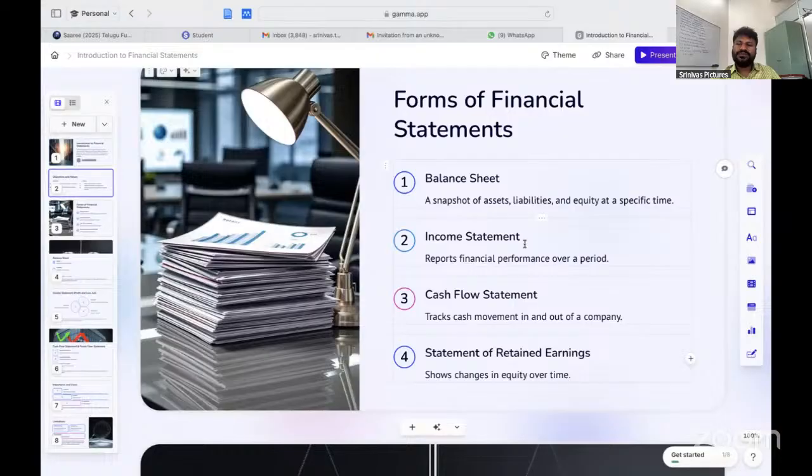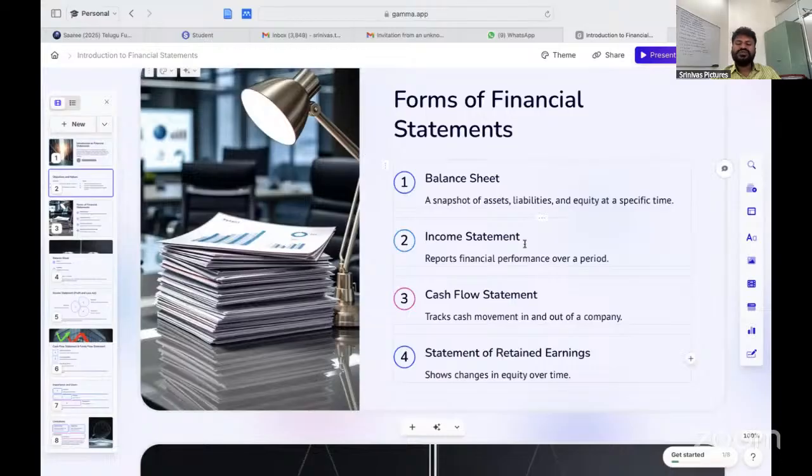Next, coming to the income statement. For the income statement also we are going to do two types of analysis, that is the common size income statement and the comparative income statement. Common size means what? We take the entire sales as equal to 100. Then, item wise, what is the proportion of revenue, of expenditure, and of operating expenses in the entire sales? Within the income statement, taking sales as 100%, we find the proportion of each remaining component in that sales.